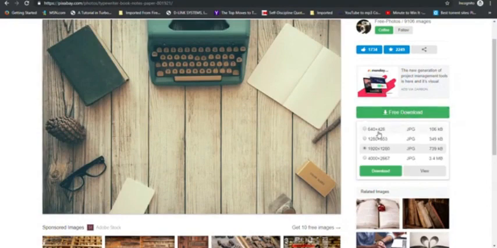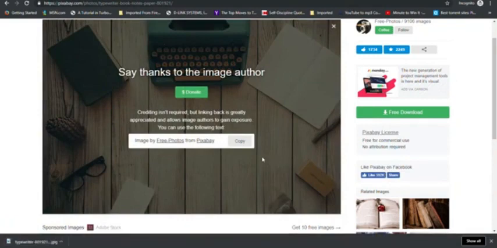Now here you want to choose a dimension that's similar to or close enough to the one that we use for Fiverr. So 550 by 370 is the one you want to use. So this one here, 640 by 426, is the one that most matches it. So after you download your image here, you would go back to Canva,